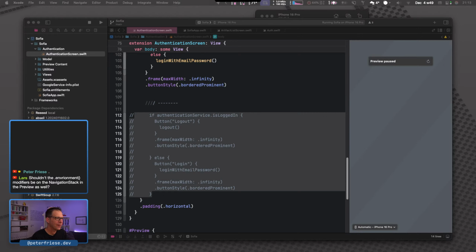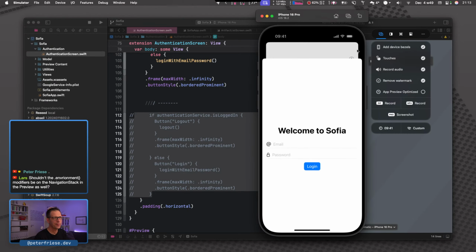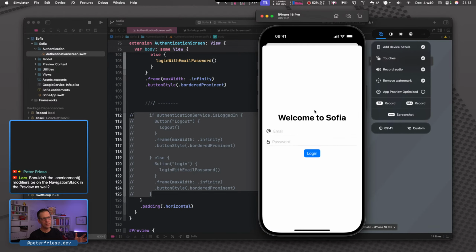But that's fine. So what we need to do next time is expand this a little bit more. To be honest, this sign up screen here is pretty bare bones. So we'll probably want to make it more beautiful and work better.